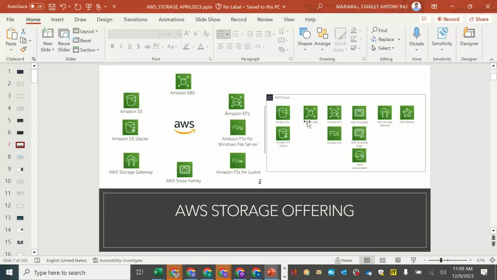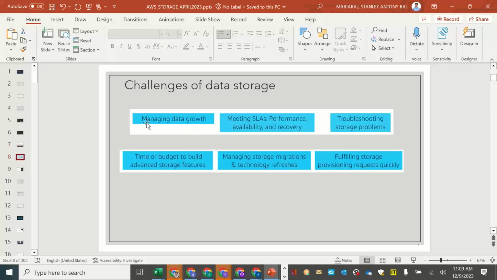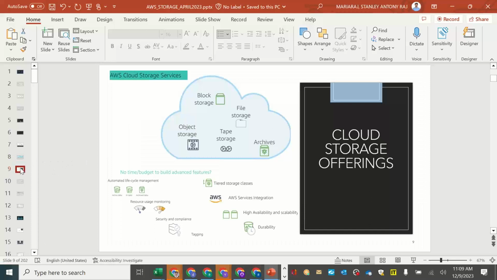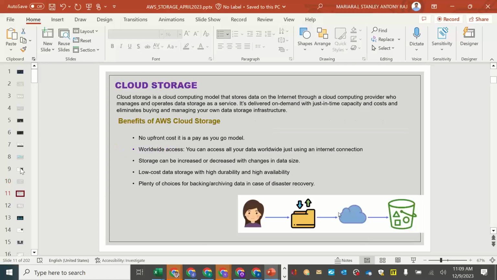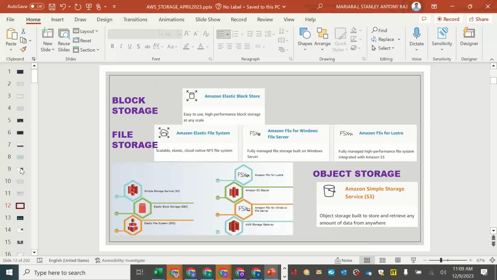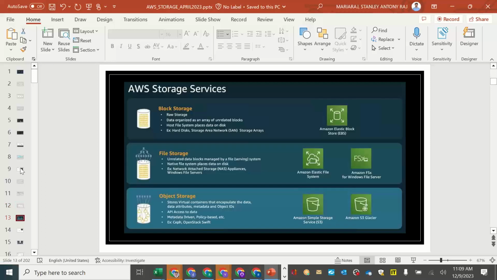So there are many different storage offerings, and we will see them one by one. So this is your on-premises data storage problems that we were discussing earlier, right? This is done. So you have different categories. Storage is a location where you store your digital data, digital content, and the types of storage we already talked about. Okay, so primarily these are the three categories that we need to focus on when it comes